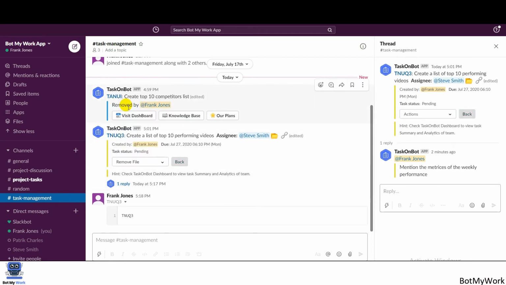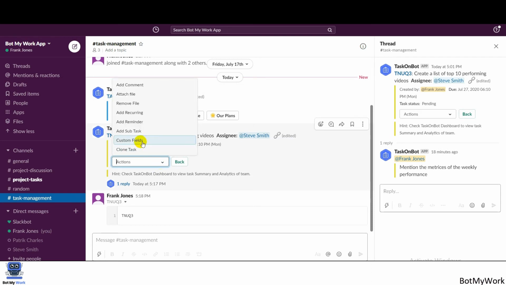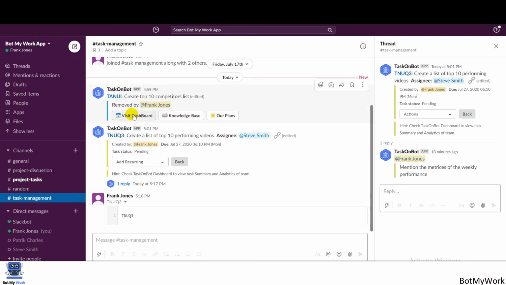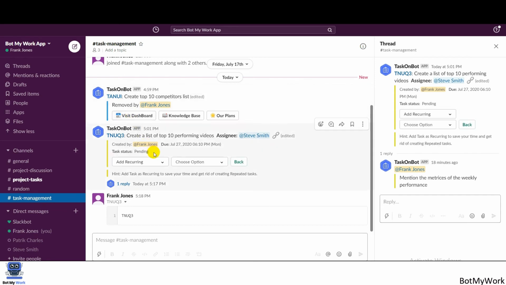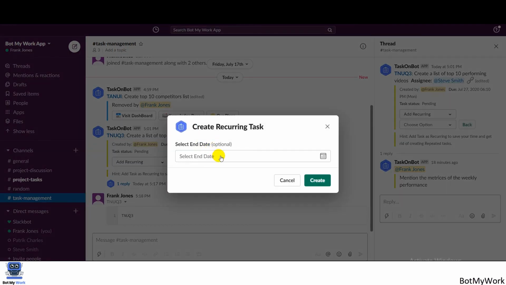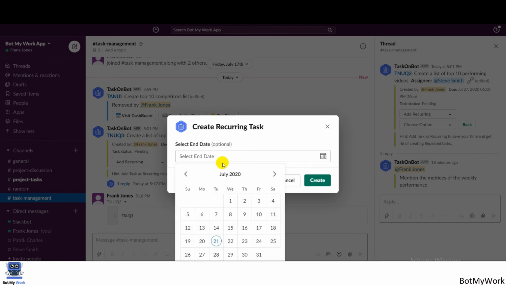Next is remove file. If you want to remove the attached file, you can simply do it from here. Next, if you want to set the task on a recurring basis, in the right section you will get the drop down where you will be required to set the time interval for which you want to set the task on a recurring basis. For example, I am setting it as daily, so you will be required to select the end date till which the task will be created.